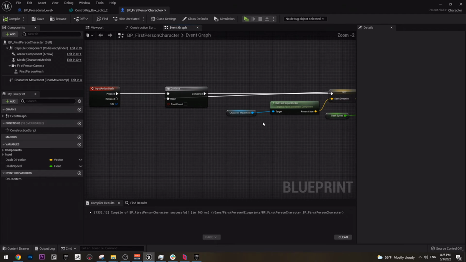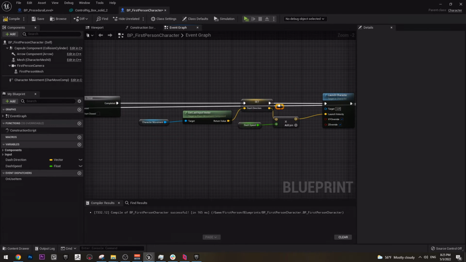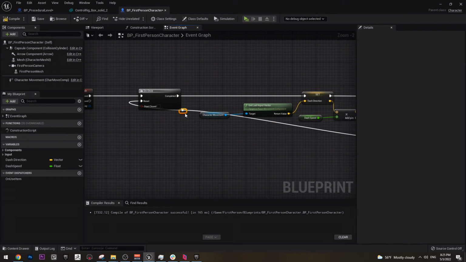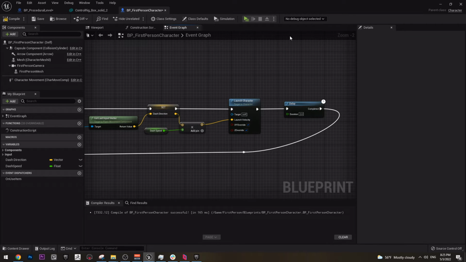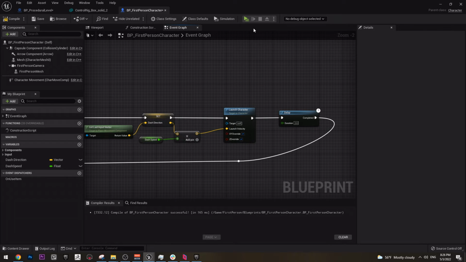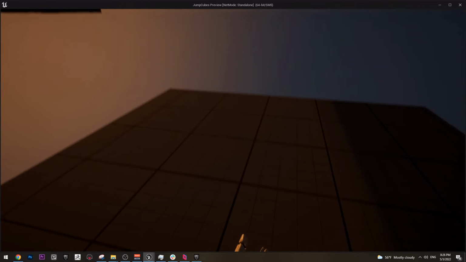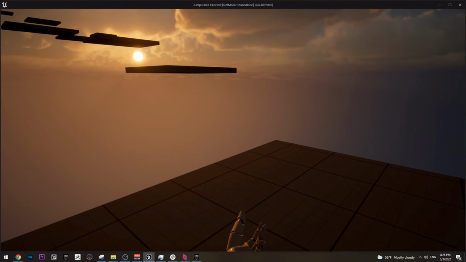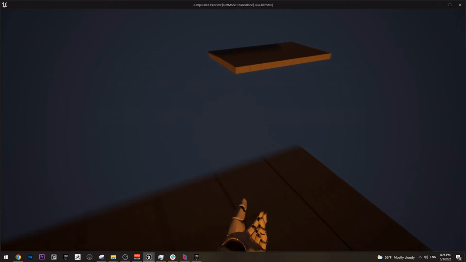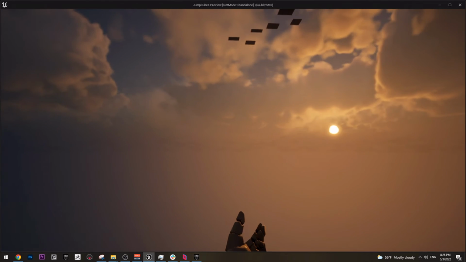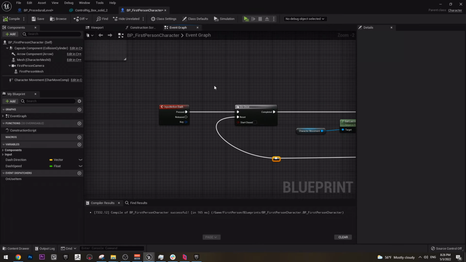However, right now what we are doing, let me organize this a bit like this. Now we actually need to do a bit more, so the dash works a bit more properly. So let's do that next. So if now I press play and just press shift, nothing happens. You can leave it like that if you want, but you can make the functionality of dodging forward if you are not pressing anything. And to do this one,